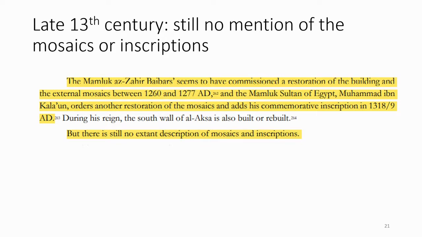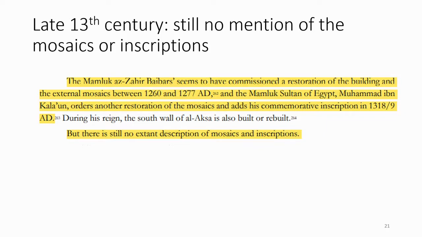The late 13th century, still no mention of the mosaics or inscriptions. So we're getting quite late, and it's surprising. If these inscriptions existed, they should have been at least mentioned by now. The Mamluk as-Zahir Baybars seems to have commissioned a restoration of the building and the external mosaics between 1260 and 1277 AD, and the Mamluk Sultan of Egypt, Muhammad ibn Kalaun, orders another restoration of the mosaics and adds his commemorative inscription in